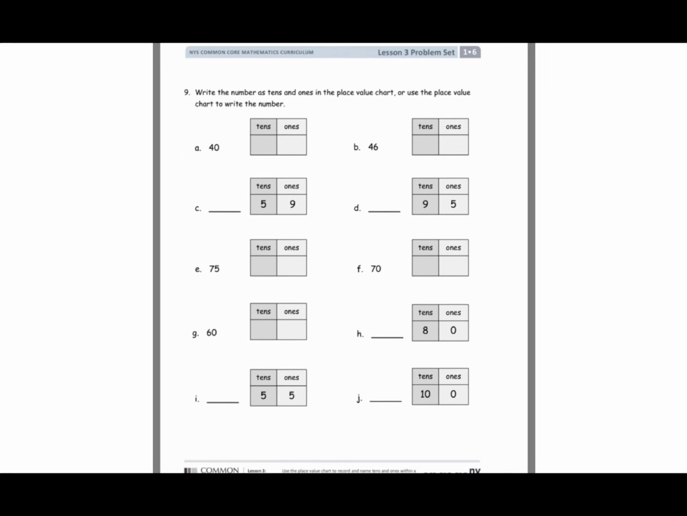This is problem number 9. For problem number 9, the directions read: write the number as tens and ones in the place value chart, or use the place value chart to write the number. Well, let's look at letter A. Here we have a number, and now they want us to break it down into tens and ones. We can do this either way. We can